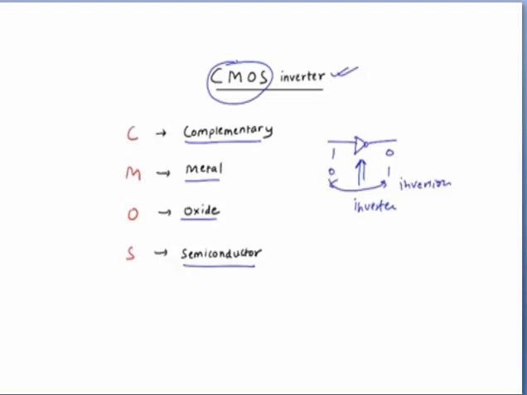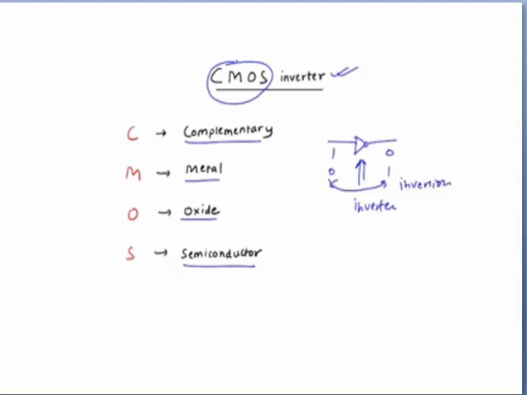So this is called the inversion, but we have done the inverter using the basic gates. Now we have to perform the inverter or inversion operation using CMOS. So next, first we will study how many types of MOSFET we have. We have two types of MOSFET. One is the N-type and the other is the P-type.